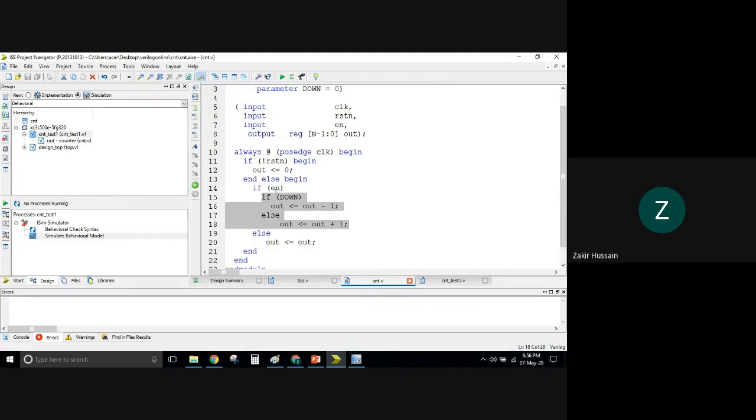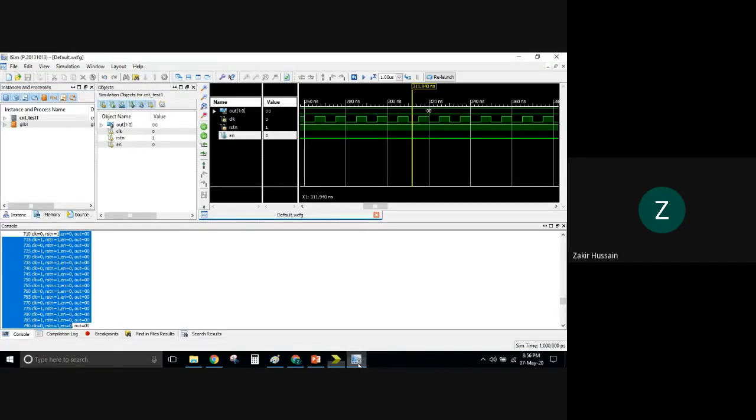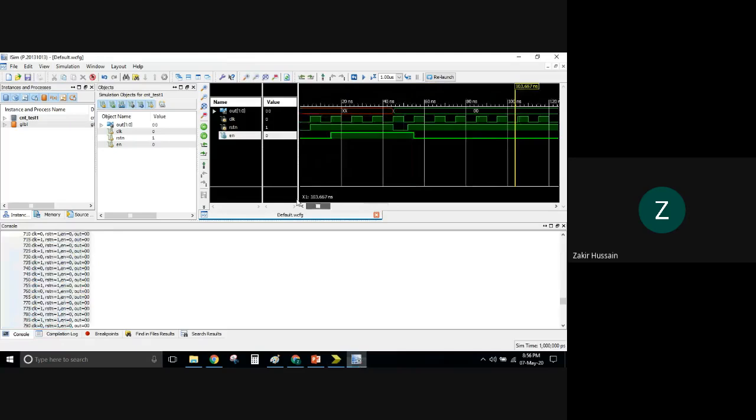So where is that going if enable is not true? Meaning if enable is 0, where is it going? It is going to here, out. Whatever the previous out was, the same is given to the current out also. So what was the previous out? Previous out was 0. So that's the reason why we are getting out as 0. So that's the reason why your counter throughout is having 0.